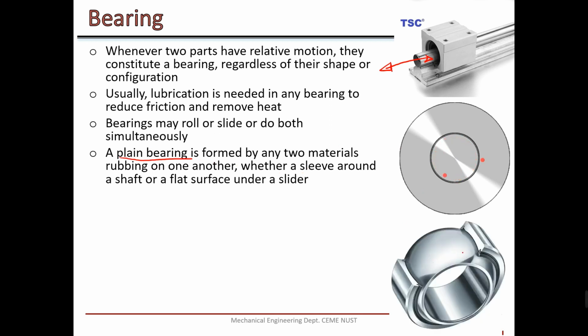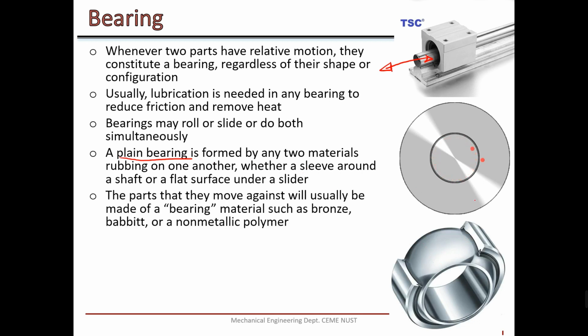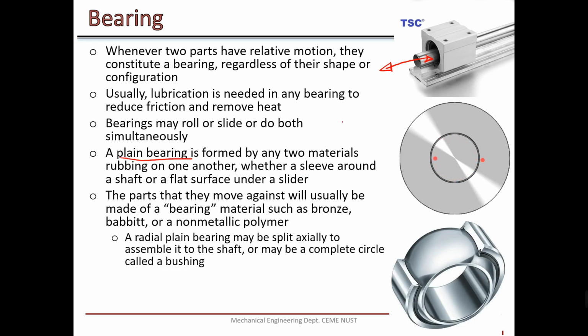It is like this. If you cut the section, these are metal to metal contacts. Both of these parts are made of bearing material, or also polymer. If there is a bearing on the shaft, any motion in this direction supported by the bearing is called thrust bearing. The load is axial. Any bearing which supports this axial load is called thrust bearing, and normal bearings which support rotary motion are called radial bearings.